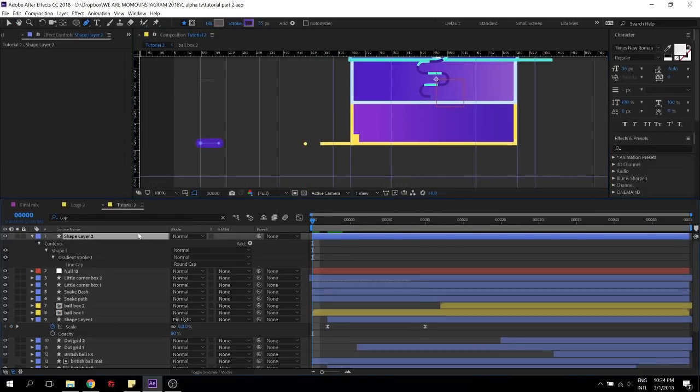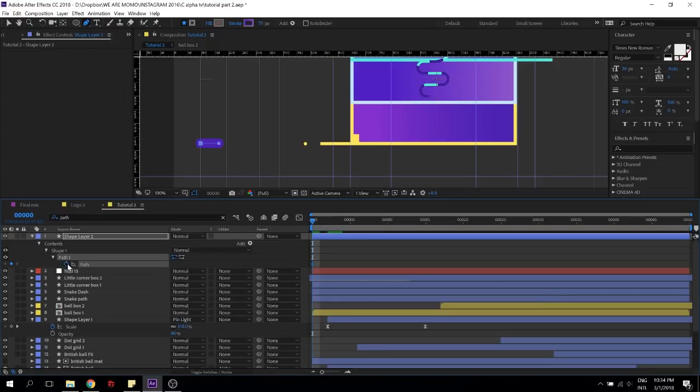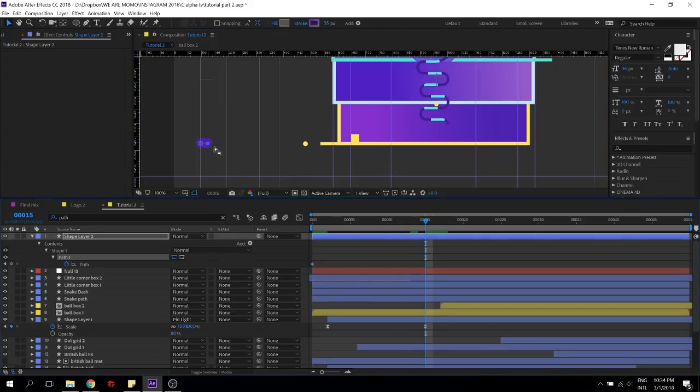So all I'm gonna do is I'm just gonna go to path. I'm gonna play with the path here. So I'm just gonna go a bit, and then after a while, wait. So it's just gonna appear this way. And then after a while, it's gonna go somewhere around here.